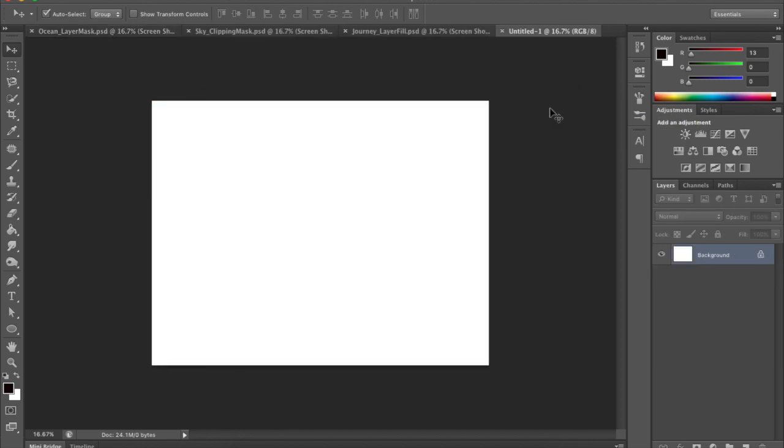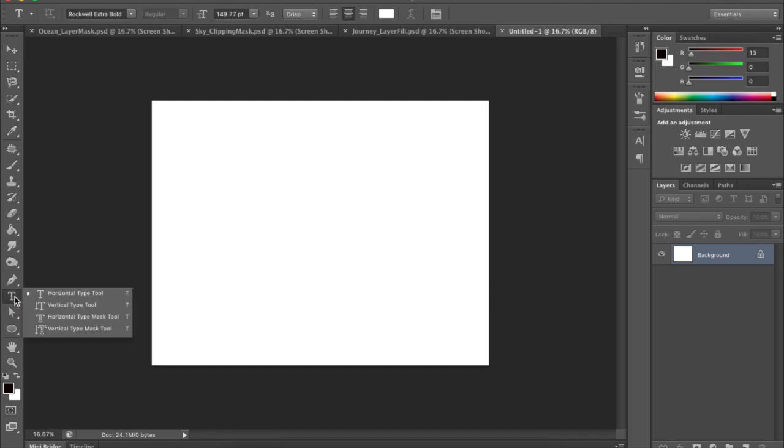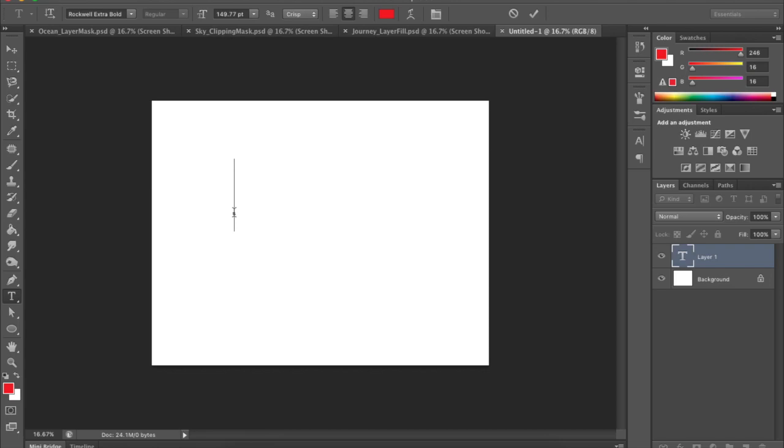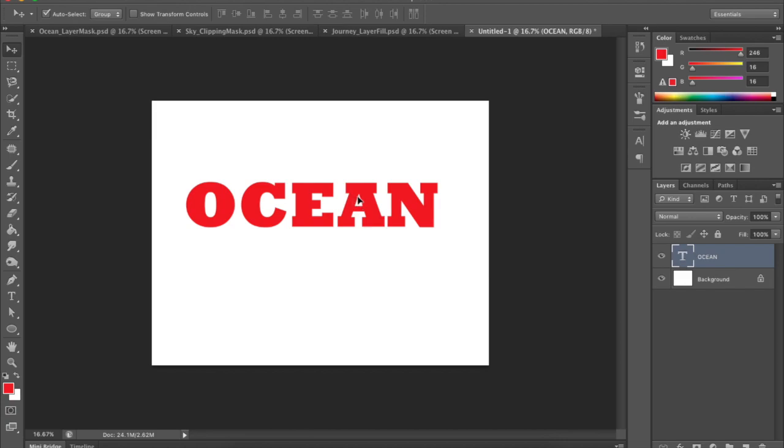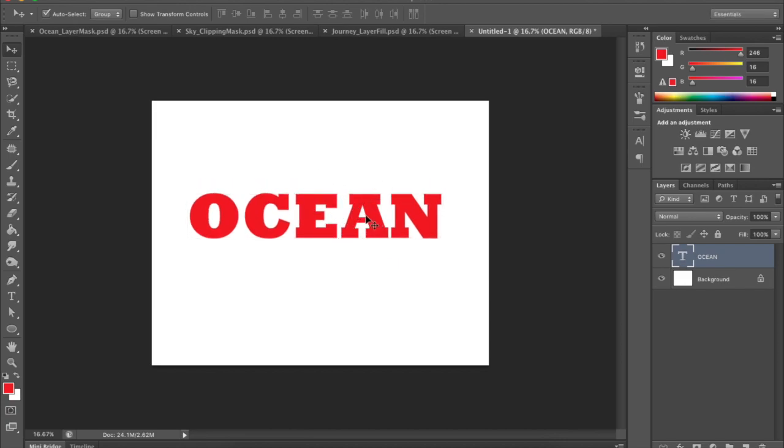The first thing that I'm going to do is take my type tool right down here, and I'm choosing to use the horizontal type tool. I am going to click here and write the word ocean. I can move my text around with the move tool, and if I want to